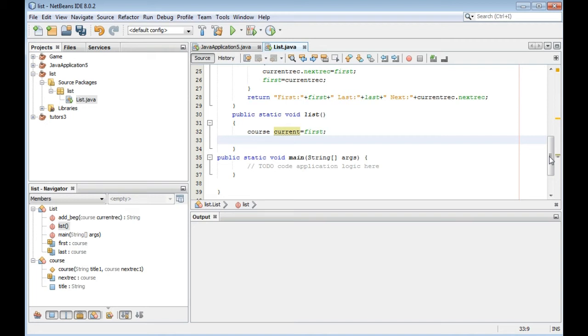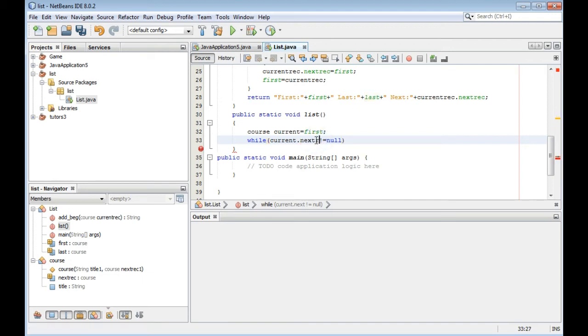While current dot next is not equal to null. Current dot next rec is not equal to null.